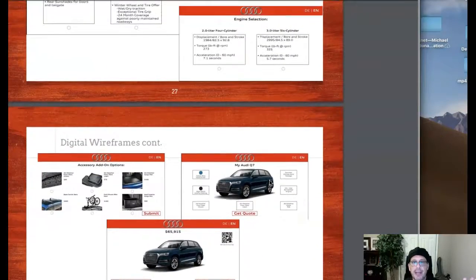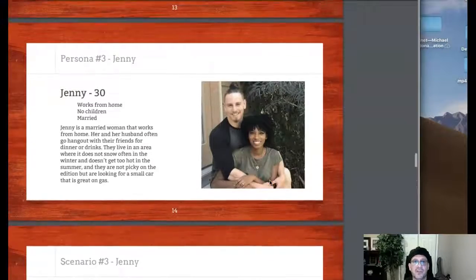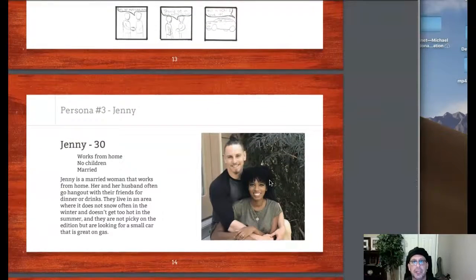Digital wireframes. So we just talked about that. So that's fantastic. So my only question, really, and the one thing I'm not understanding is the story, the process. How does this work? And again, describe it. Go from the mobile app. The mobile app is the same interface as the kiosk. Okay, when you're done with the mobile app, you can send it to the dealership. When you're done with the kiosk, you can generate a report. You can either take that report to the salesperson or the finance person, or you can send it off to